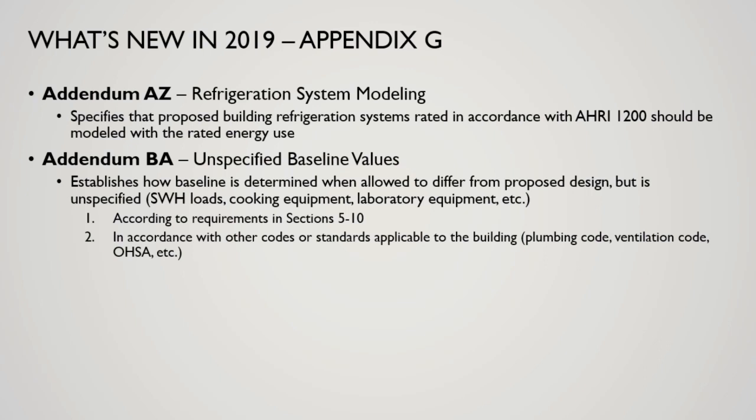Pretty basic. Addendum BA deals with getting credit when the values of the baseline system are not specifically prescribed in Appendix G. There are some cases where you're told you're allowed to get credit if you go beyond standard practice, but it doesn't really tell you what standard practice is. Some examples are service water heating loads, cooking equipment, laboratory equipment, and it basically gives you the rules that you are